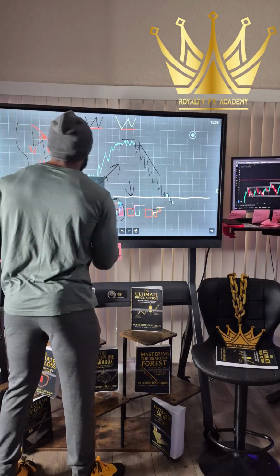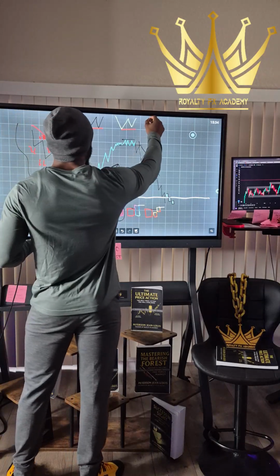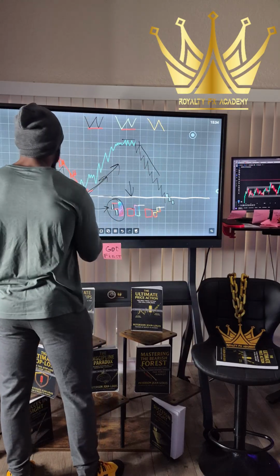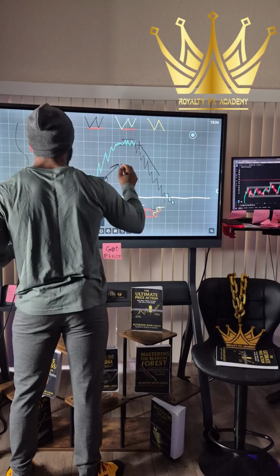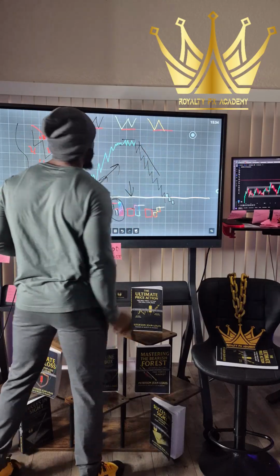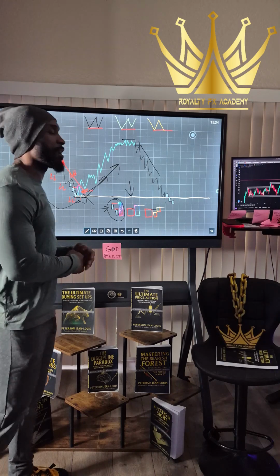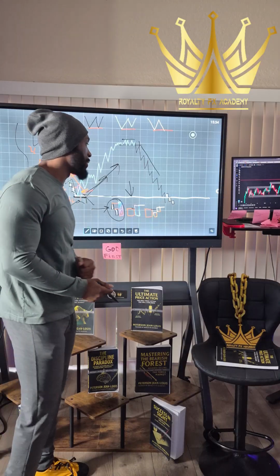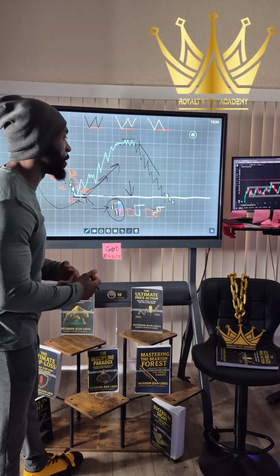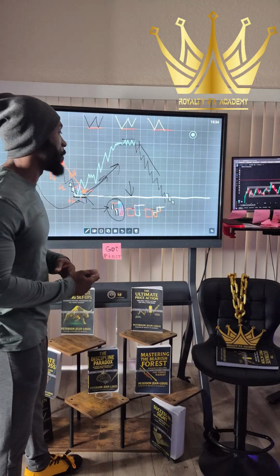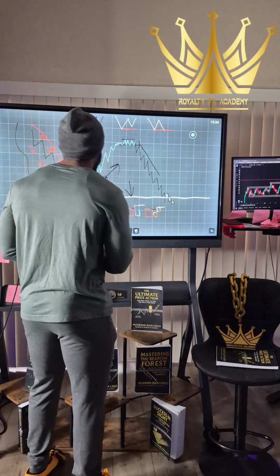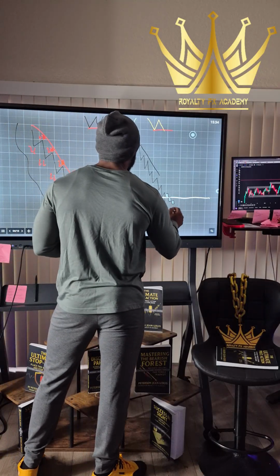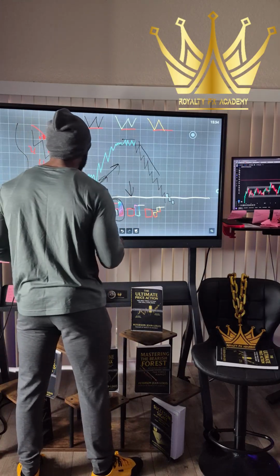Now, this one is when the market itself breaks the zone a little bit, like so. It broke a little bit below. It doesn't mean the double bottom is not valid. We got a straight bearish candle a little bit below the zone. We're just waiting for a price action for the market to go up. There's no if or but. So when and if the market itself gives us a price action like so,